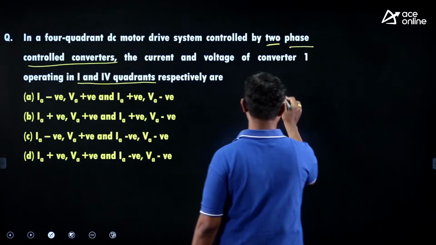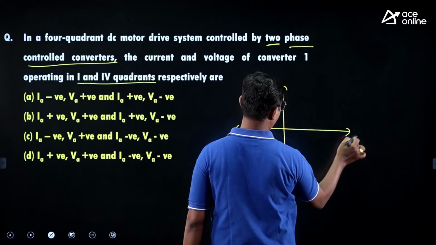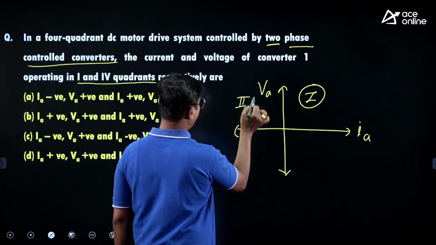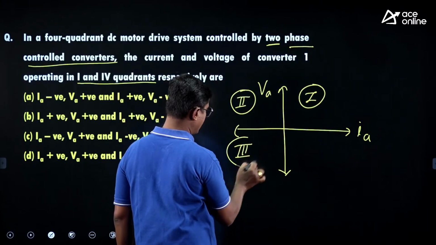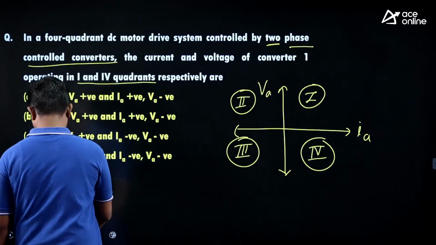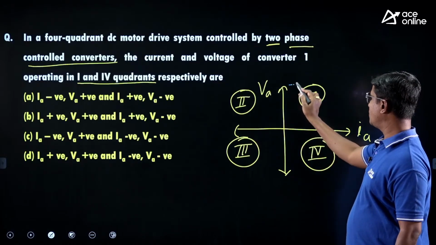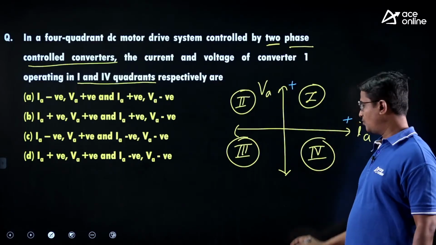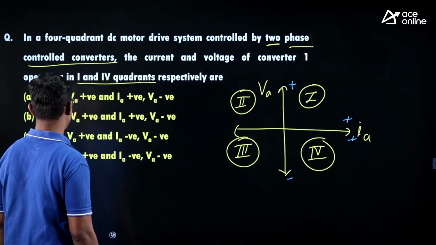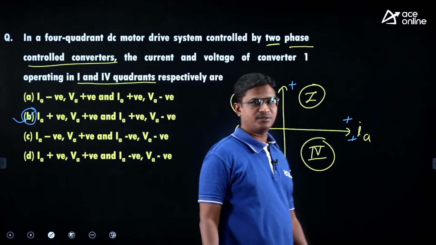So first and 4th quadrant means, what is the voltage and current polarity, right? This is the first quadrant, this is second, this one is third, and here it is the 4th quadrant. So first and 4th means voltage positive, current positive, and 4th quadrant means voltage negative, current positive, right? Option B is the correct option. Next,